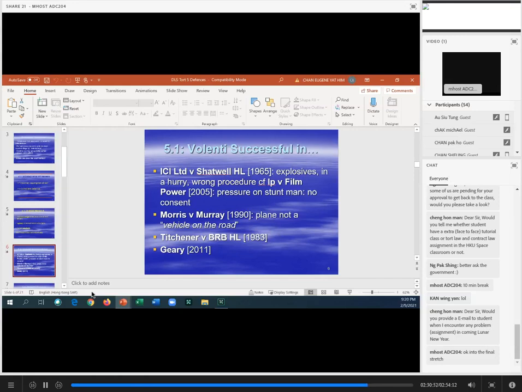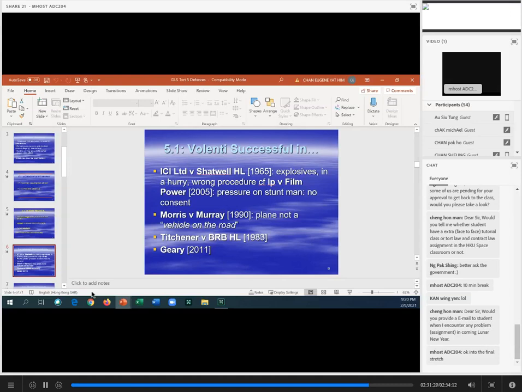Well, in the Shatwell case, there was certainly no love and affection here, because he sued his brother for negligence and the defendant as employer based upon vicarious liability. You know what vicarious liability is, don't you? In the employer-employee relationship, the employer is liable for damage caused by the torts of his employee acting in the course of employment. So highlight vicarious liability by way of a reminder. You know what vicarious liability is.